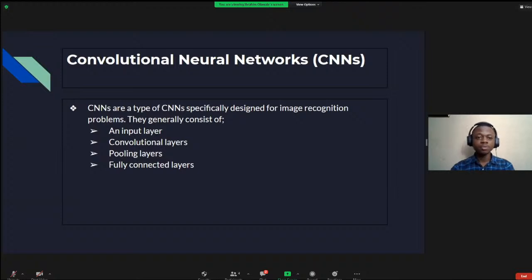So over here we have the convolutional neural network. Like I said, convolutional neural networks, CNNs, are specifically designed for image recognition. Compared to ANNs, where ANNs made use of neurons, convolutional neural networks are composed of three or four main layers. Let's say the input layer, which is the image we are passing into the network, and then the convolutional layers. The convolutional layers are really what make CNNs what they are. In the next slides, we'll be looking at these layers